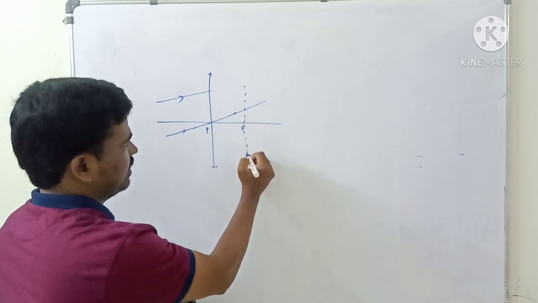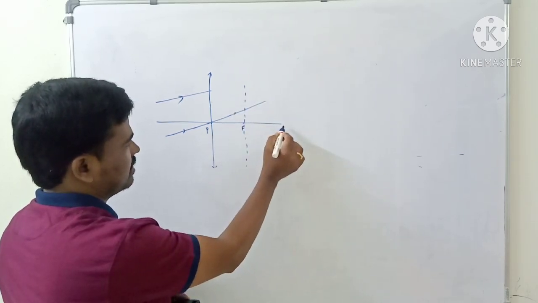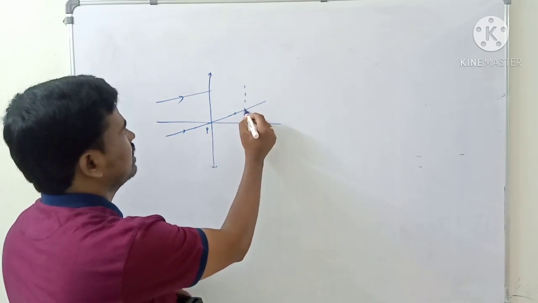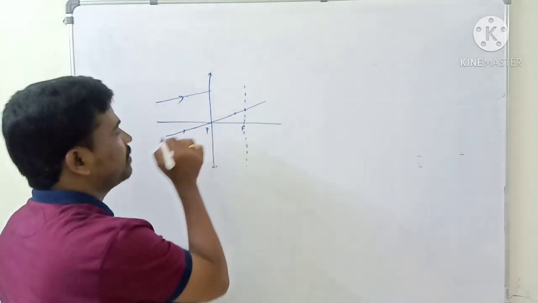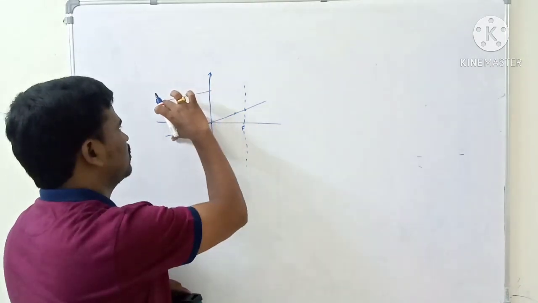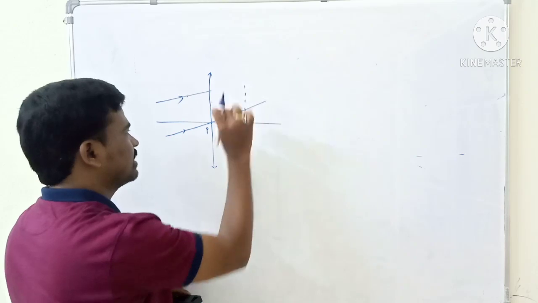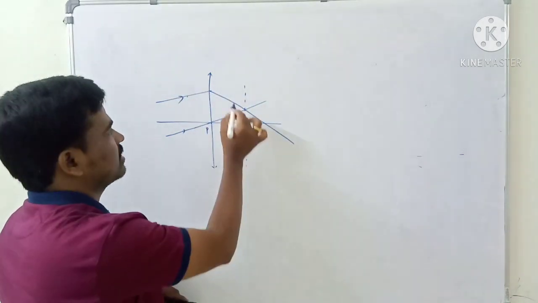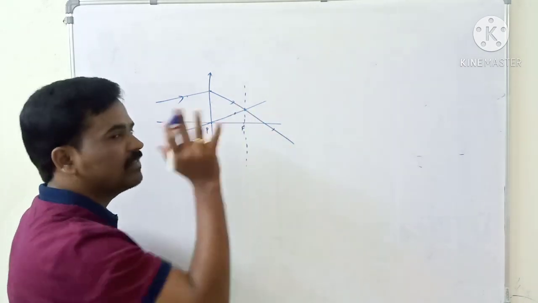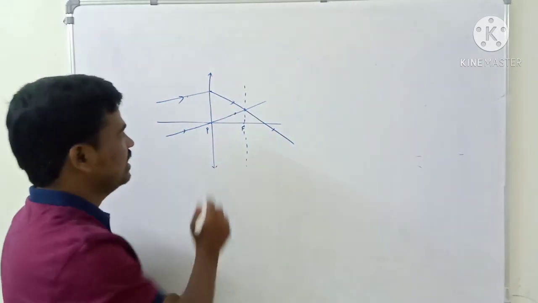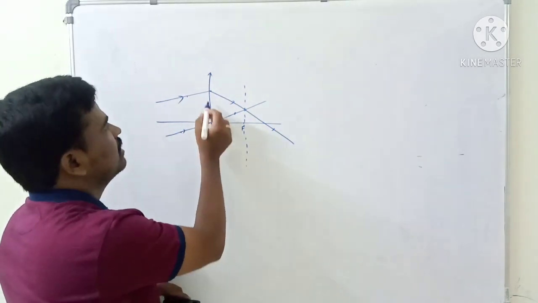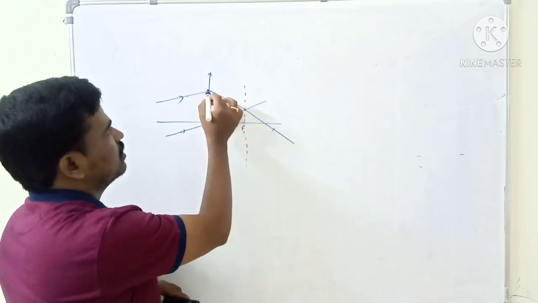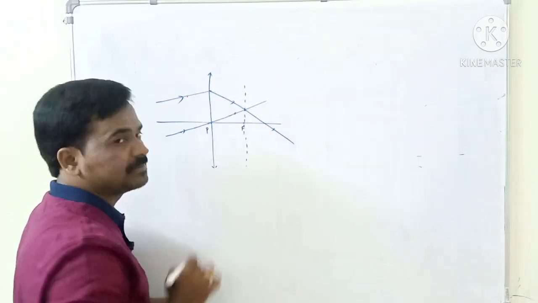Now what is a focal plane? A focal plane is a normal to the principal axis at the focus. So this line intersects here. Because these two lines are parallel, both lines converge at the same point, so this line must come to this side only. This is the direction or the path of the ray after refraction. Simple concept. Because these two are parallel, this line must come here only, where the parallel line intersects.